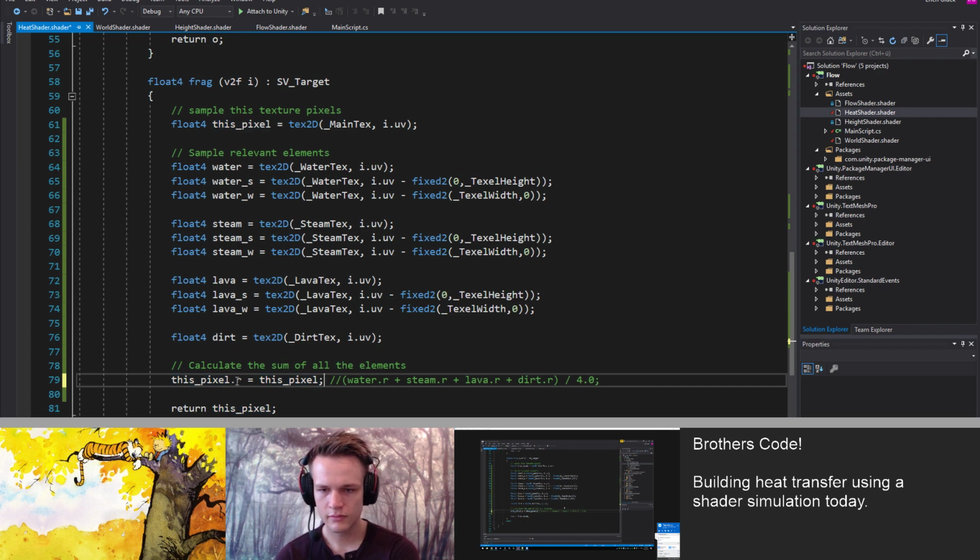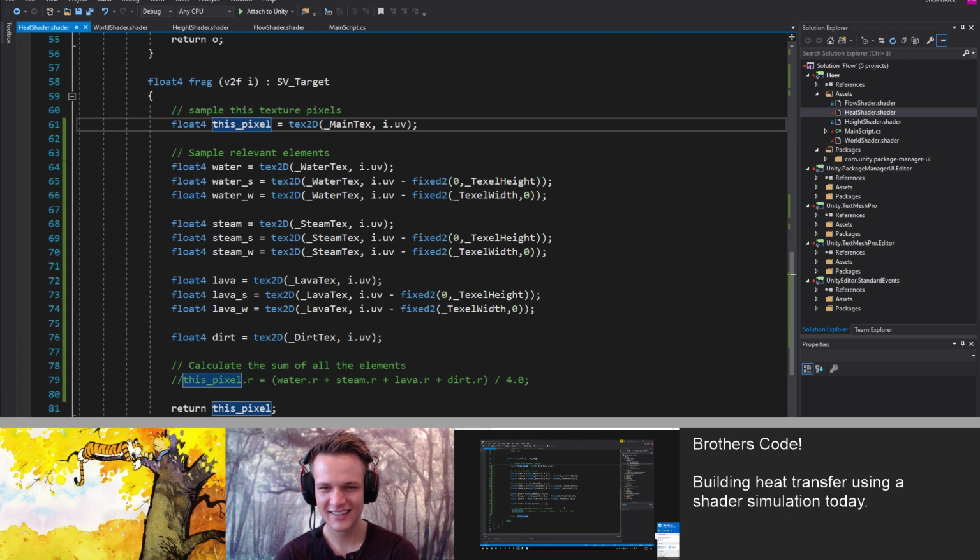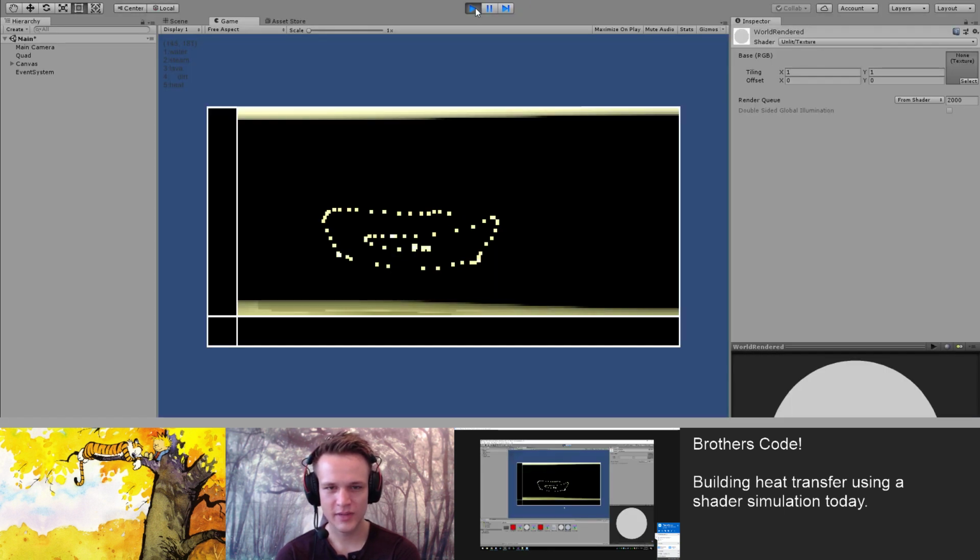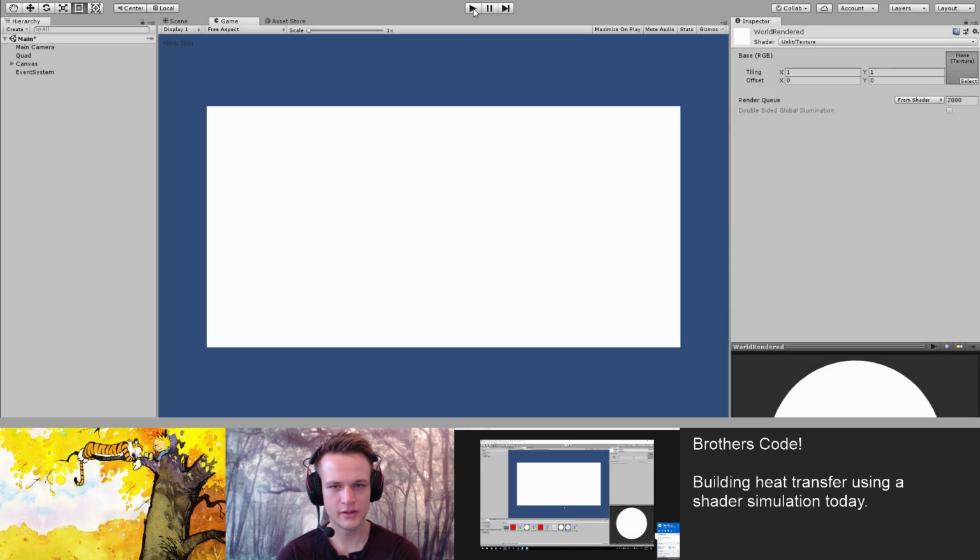If we change this to this pixel red is this pixel red, or just simply don't do anything, then what this will do is just maintain position. Maintain position? What do you mean?